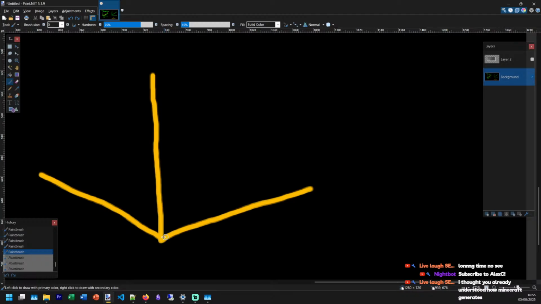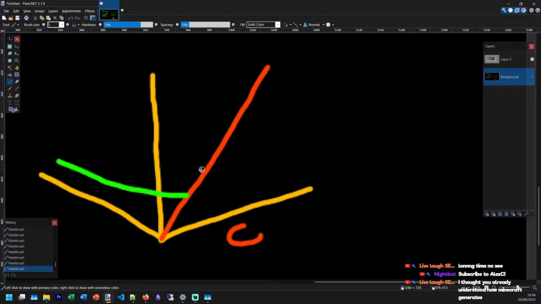We'll say red's our continental, so we'll go C in this axis. And we'll just pretend it's a straight line even though we know it's not. And then in this axis, it kind of branches off from that. So under the C, erosion really doesn't matter, so we'll just make it be the same.